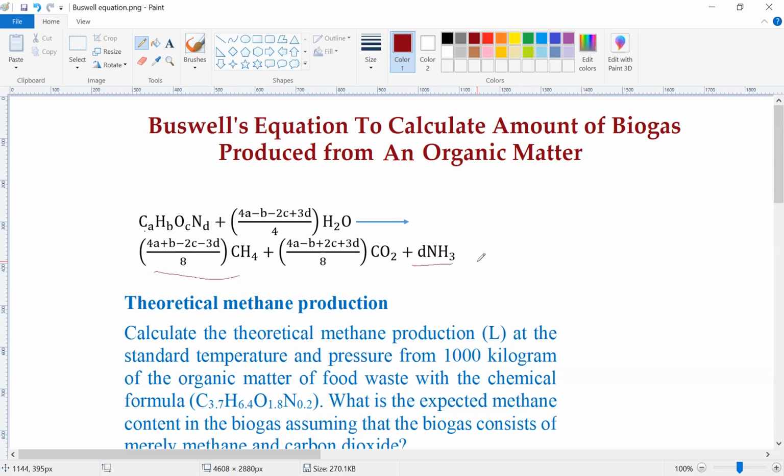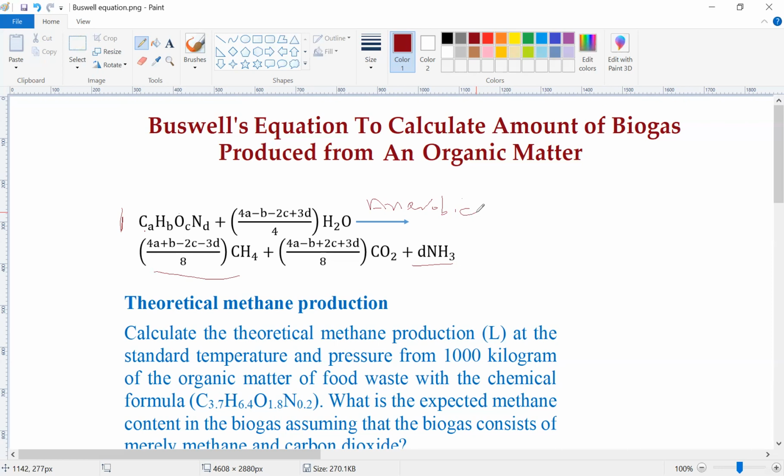For this equation, here we have 1 mole of the organic matter composed of A atoms of carbon, B of hydrogen, C of oxygen, and D of nitrogen. And of course, we will have some water there for hydrolysis, under anaerobic conditions, in the presence of enzymes and in the presence of archaea, basically to convert the